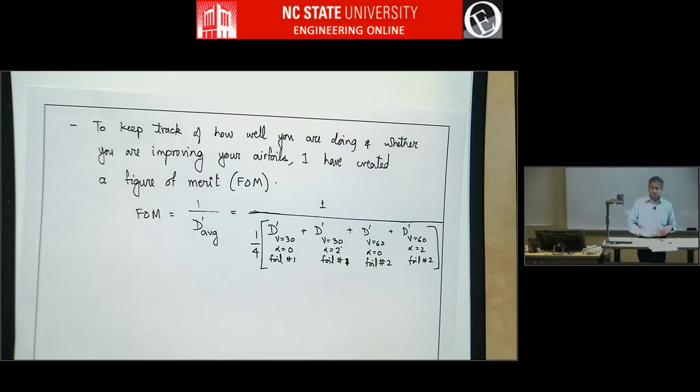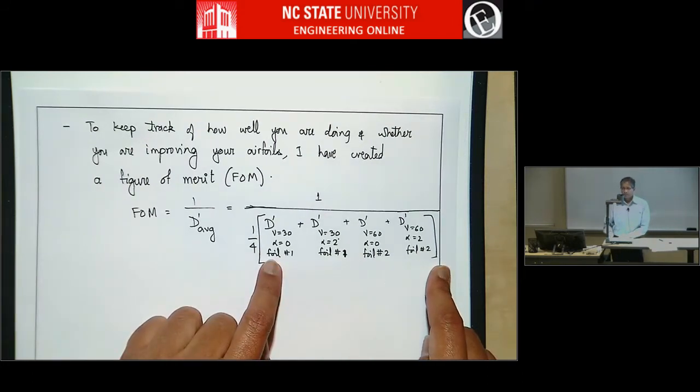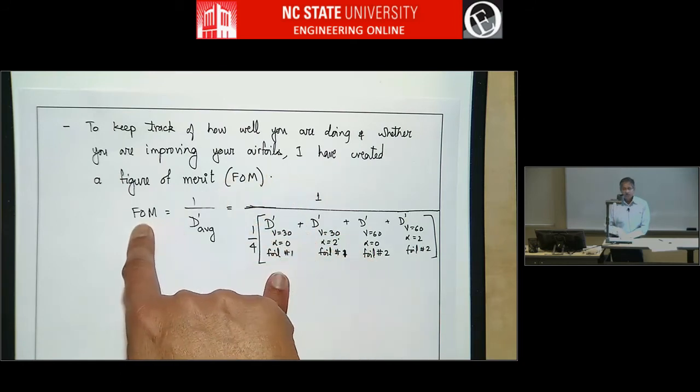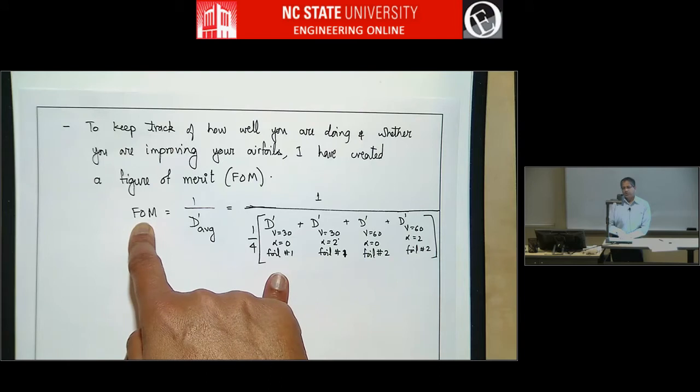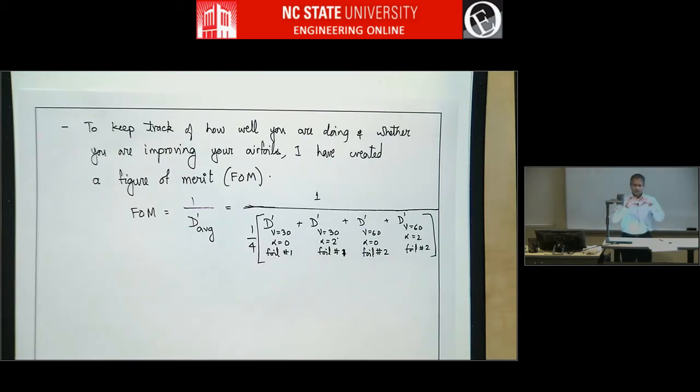So one thing you could do is pretend the airfoil that I gave you for homework 1 is both. Suppose you use that for both foil 1 and 2. You can go and create the figure of merit for that airfoil. Clearly you should be better than that. Okay, so that's when you know you have at least crossed the minimum threshold. After that, it's just